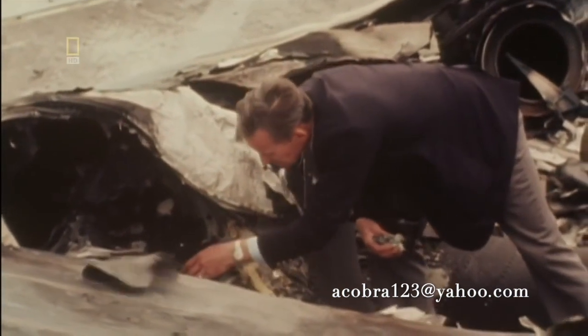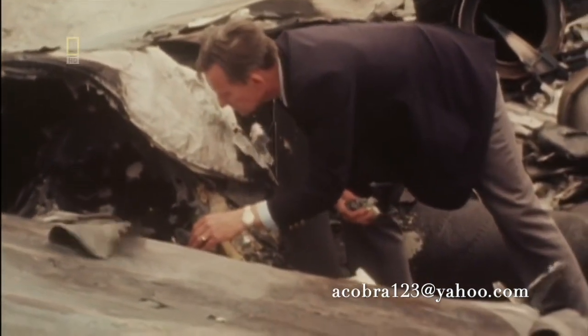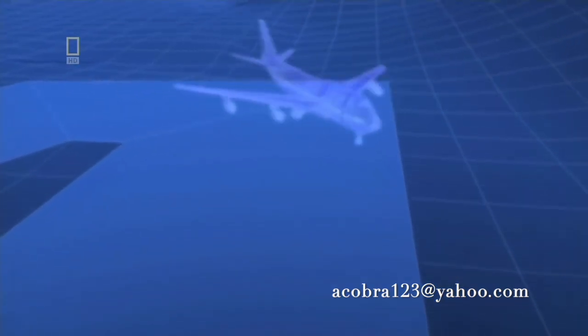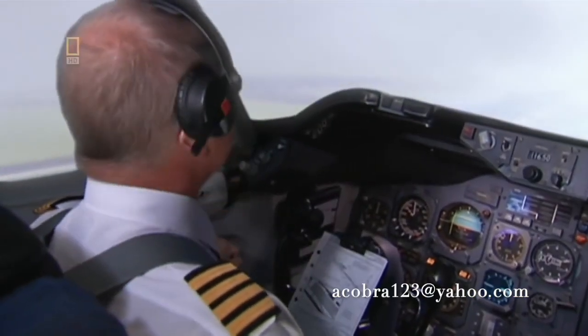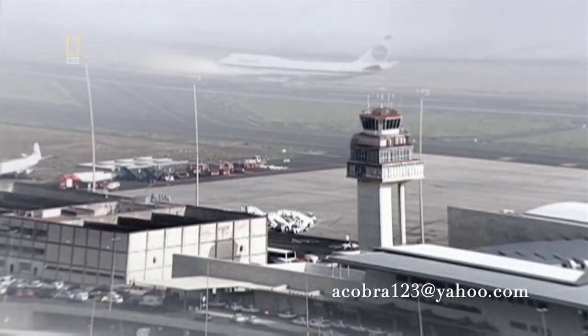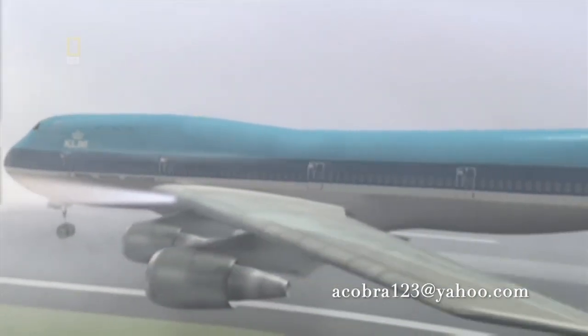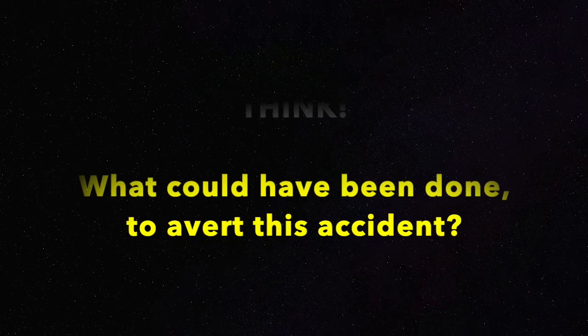Investigators finally pieced together the critical events that led to the tragedy at Tenerife. First, the air traffic controllers instructed two 747s to taxi onto the same active runway at the same time. Then, in heavy fog and confused by the runway layout, the Pan Am pilot missed his exit and taxied too far. Just seconds later, Dutch pilot Captain Van Zanten began his takeoff without clearance. Finally, a loud squeal in the KLM cockpit prevented the captain from receiving vital messages which may have stopped him in his tracks.